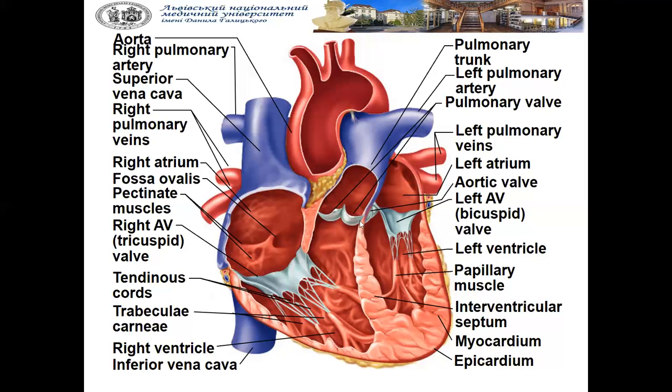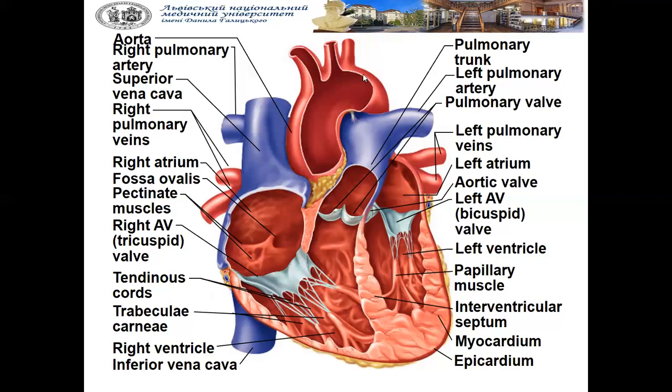Cusps look like this one. It prevents regurgitation of the blood. Blood can't return back, it is prevented by these semilunar valves. So through the valves of the aorta, the arterial blood from the left ventricle goes into the aorta, the arch